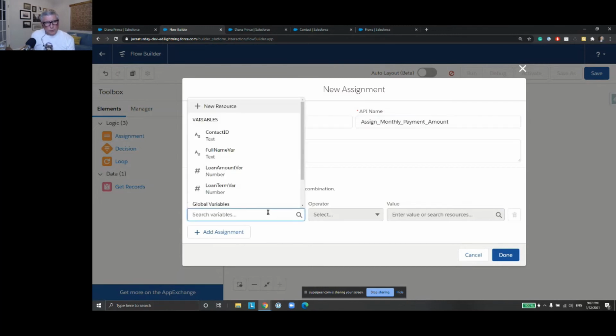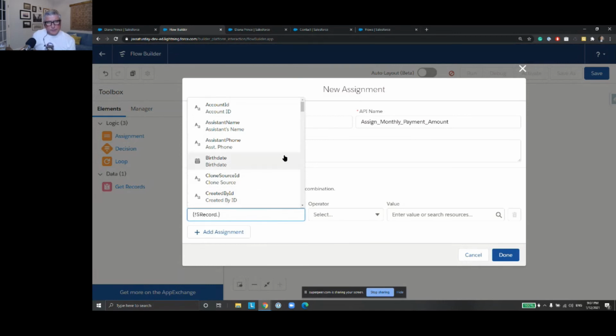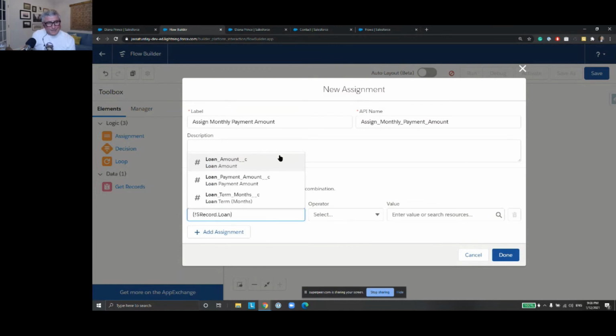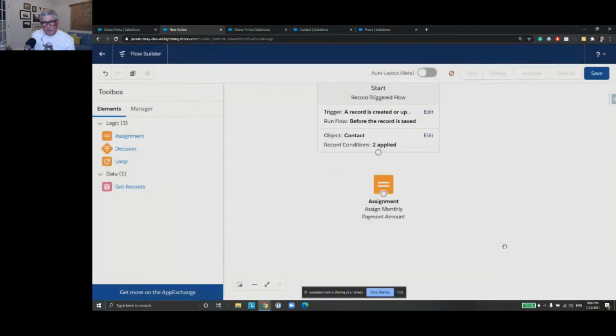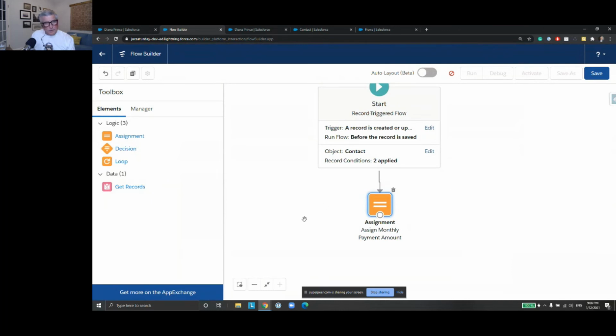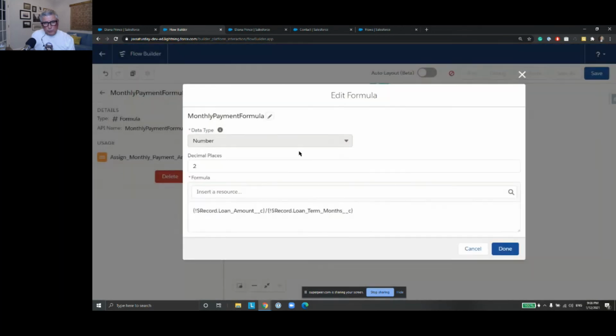And what this is going to do is, again, take that $Record. This is the contact record that I'm working on, and take the loan payment amount field, and that field is going to be assigned the value of the formula. So once I do that assignment, what have I done here? I've taken the two values from the record that triggered the before save flow,